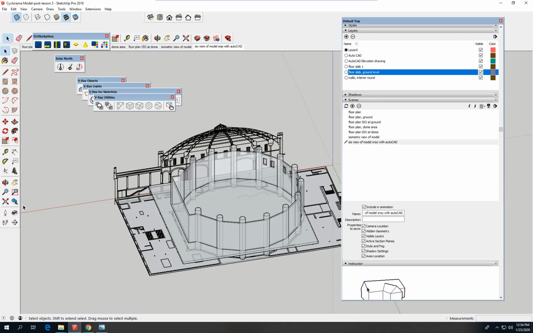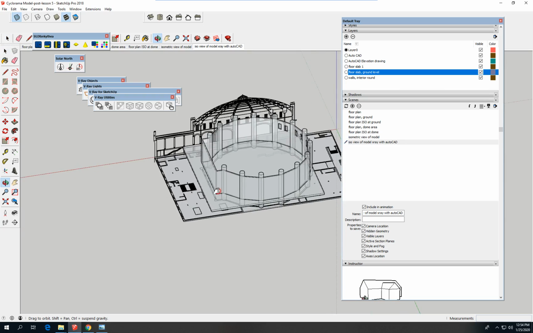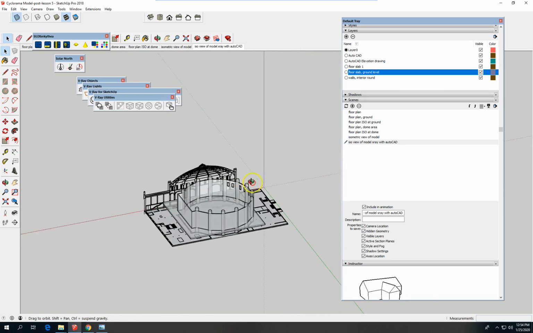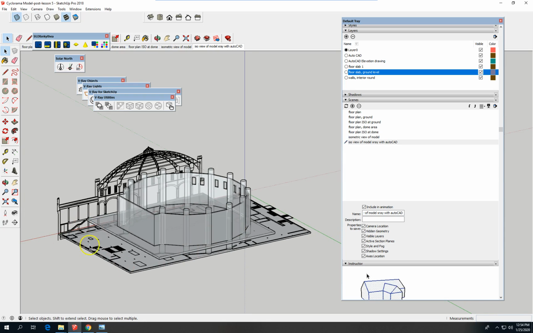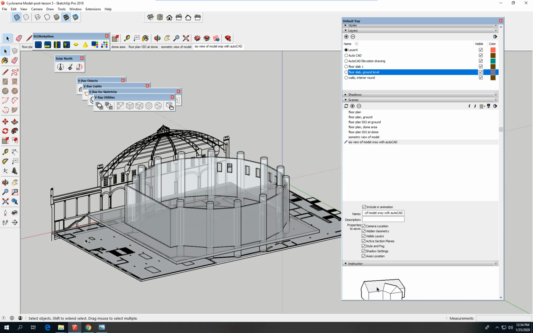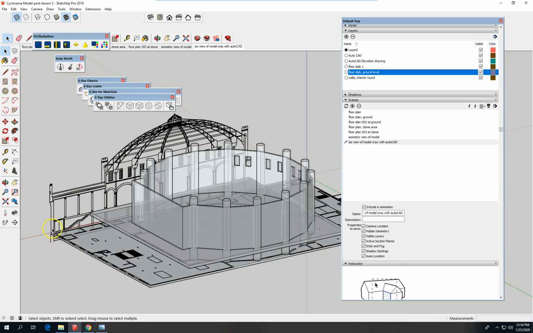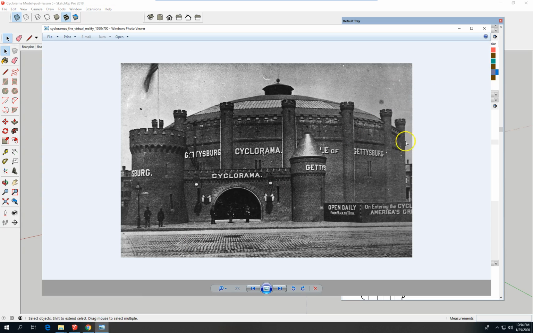This is lesson 6, and we're not going to attempt the roof yet. We're going to talk about strategies in a separate thing. But I want to finish the model logically. So there's a wall across here. If we look at the photos,